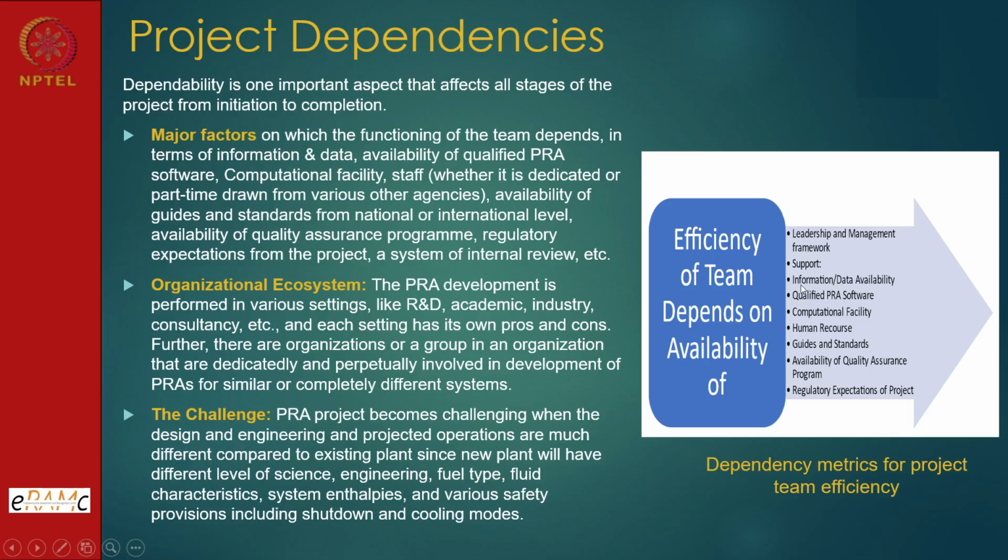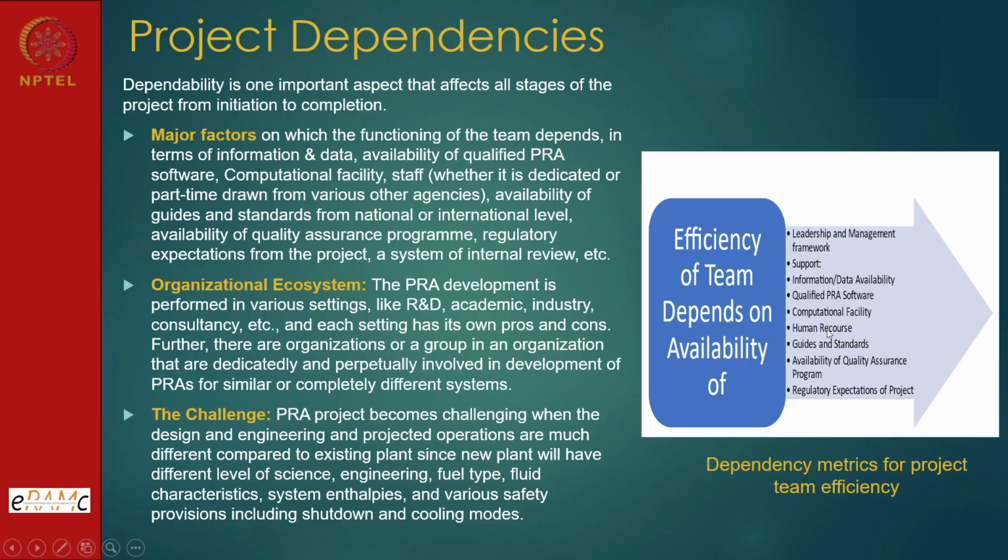So there should be a lineup right from the grassroots level: what kind of data comes, how to filter it out, how to remove the outliers, like for ANN we did pre-processing, post-processing, and then ANN takes it. The same thing happens here also. If your data is not good, we have to pay heavily. And then qualified PRA software. If you are doing it for the first time, it is better to procure software and meet some expert, and have some expert who is helping you in all this.